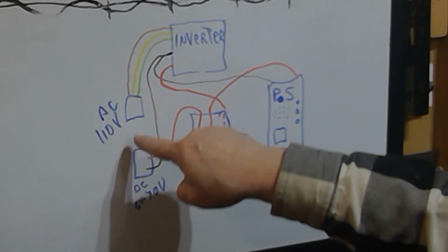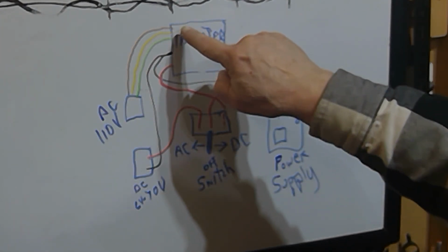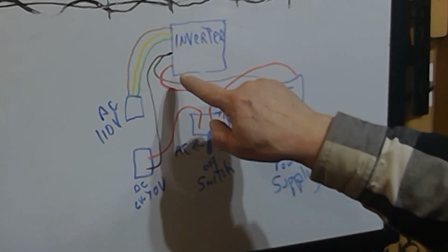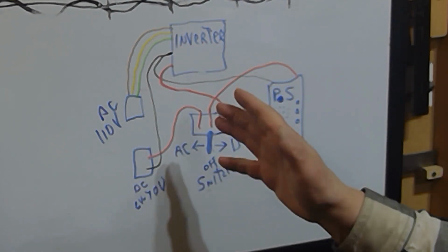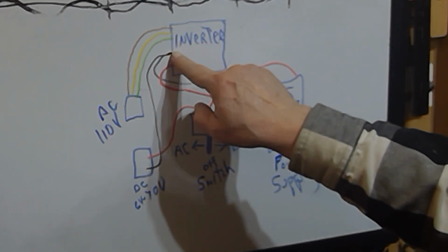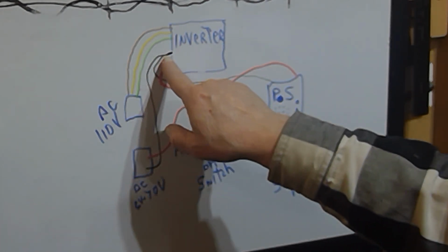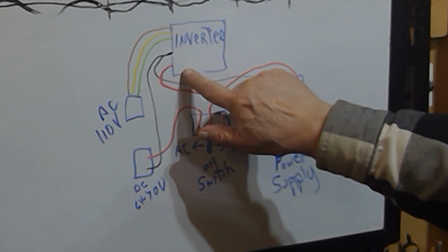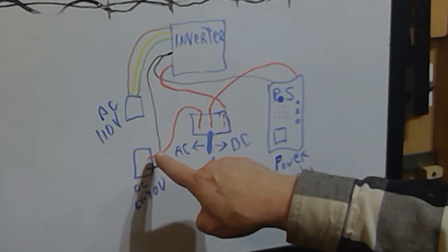The AC input has 3 wires coming in from the 110 voltage: line, neutral, and ground. And they hook up to the inverter at one side. Then next to that, you have 3 negative terminals and 3 positive terminals that are 24 volt. These 3 are just like a terminal block. So I took the negative from this plug-in and plugged it in here also, so that all my neutrals go to the same terminal block, which happens to be part of this inverter. As far as the positive, your output on the positive of the inverter goes to one side of the switch. The DC input here,